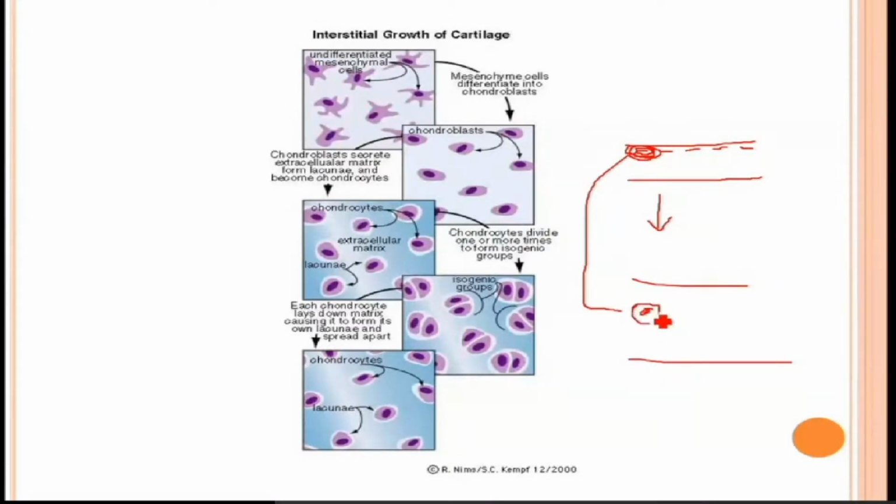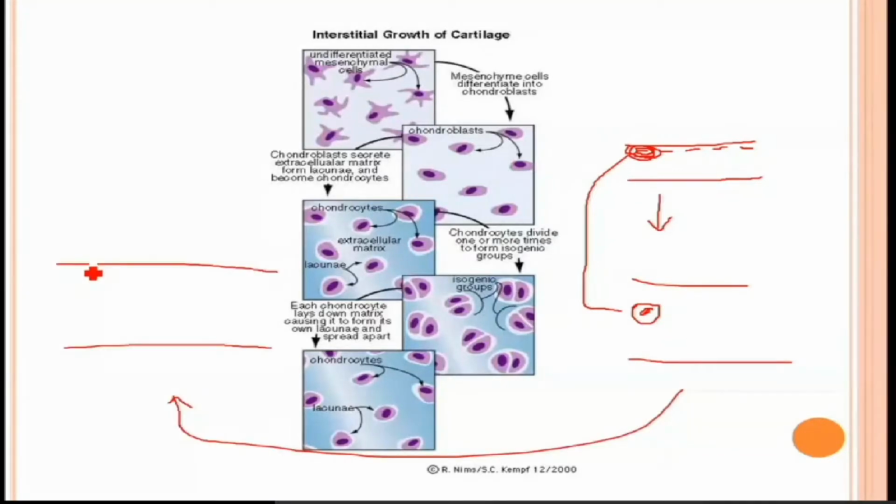Okay. The next step, what will happen? One, it was a chondroblast, now it has become a chondrocyte. So within that lacuna, this chondrocyte divides into two chondrocytes, right? And after some time, they will separate their lacuna, or keep producing those